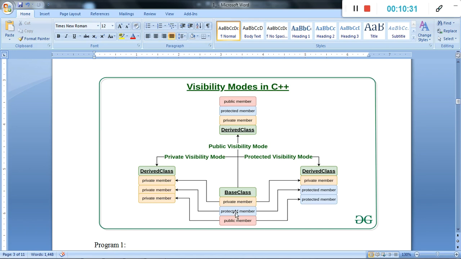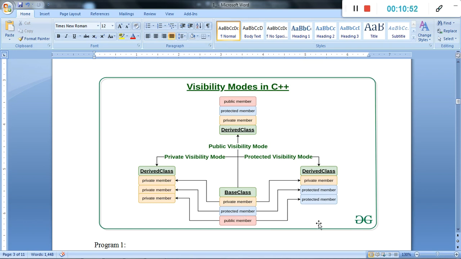We will understand the protected member with the help of an example. We can access a public member in the main function, but if it is mentioned as protected, then the base class protected member can be accessed under the derived class itself.